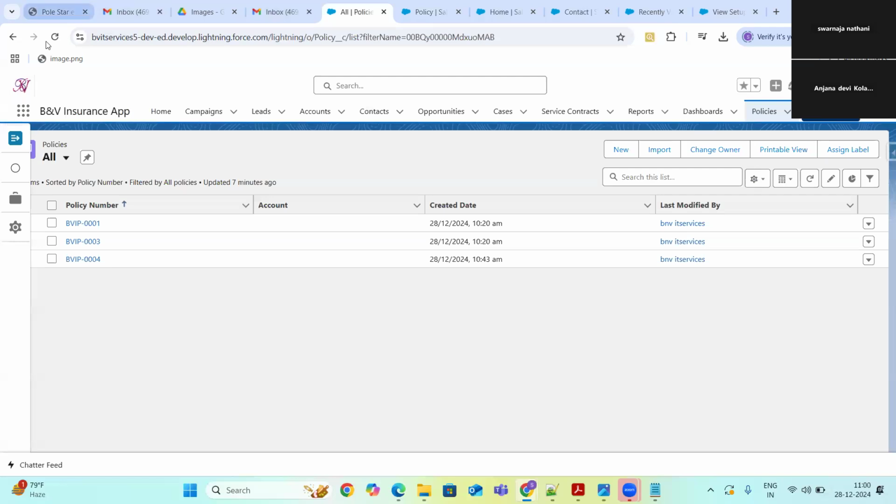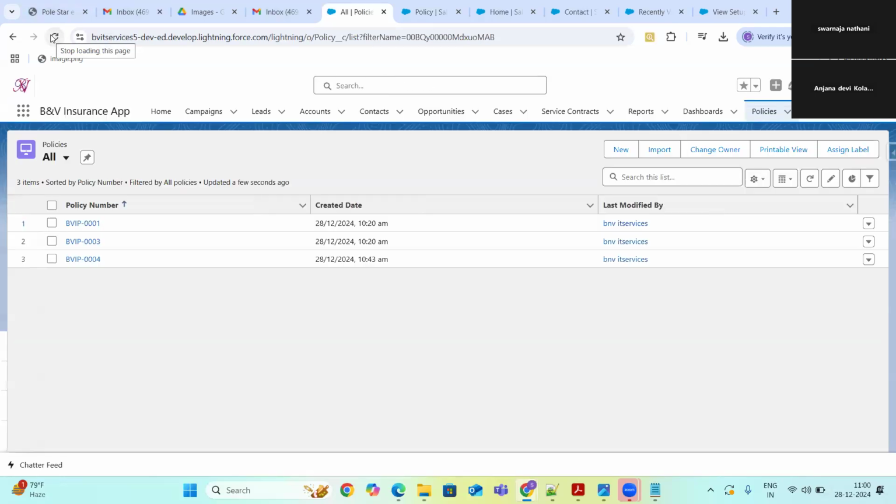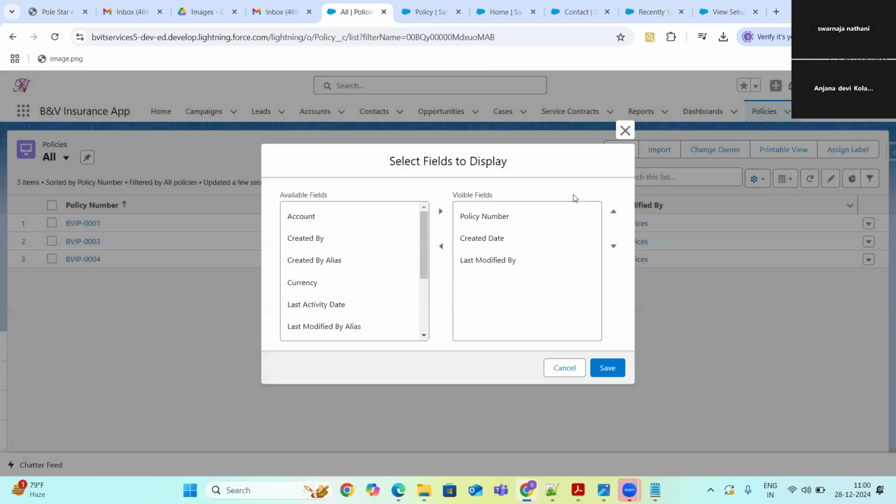Okay. So if I refresh these policies, the first thing is I have created the lookup relationship. Then the second thing is I need to populate the values for this field for all my existing records.